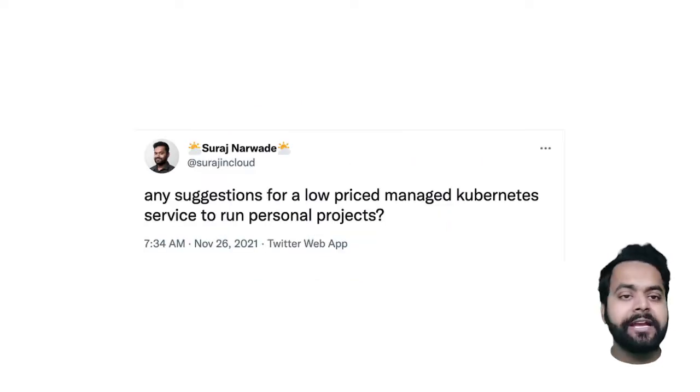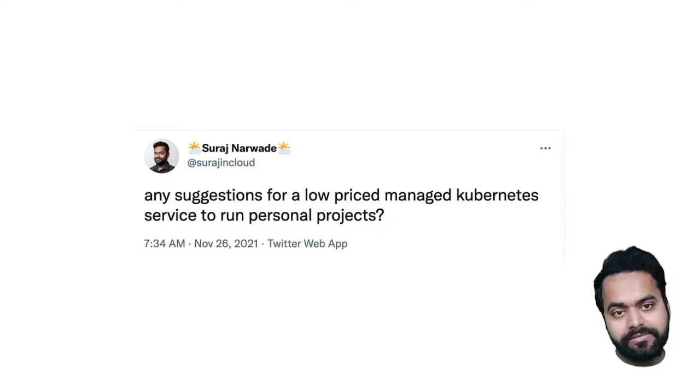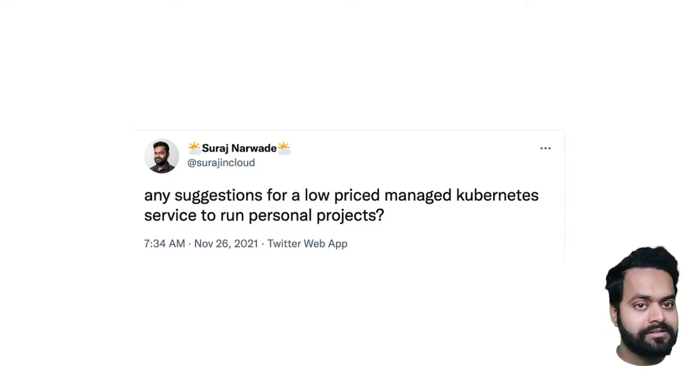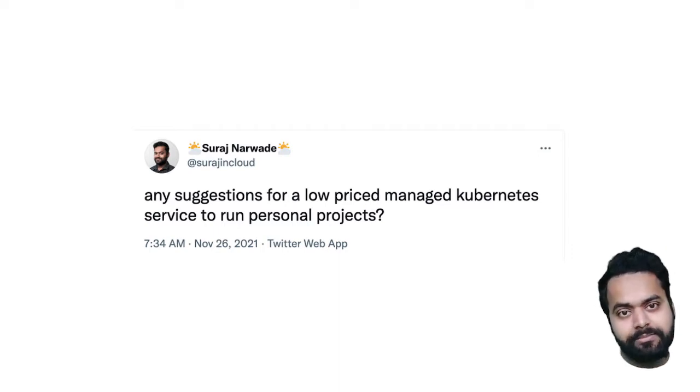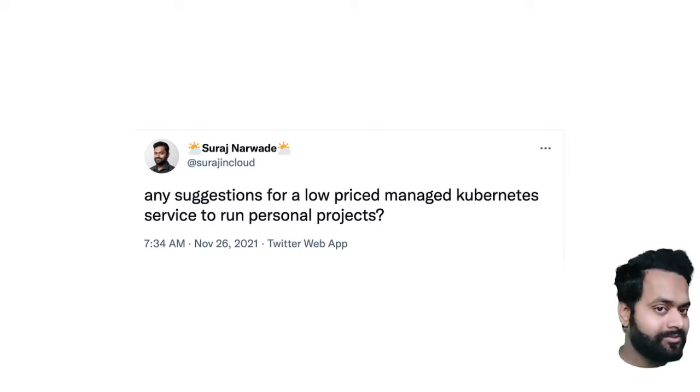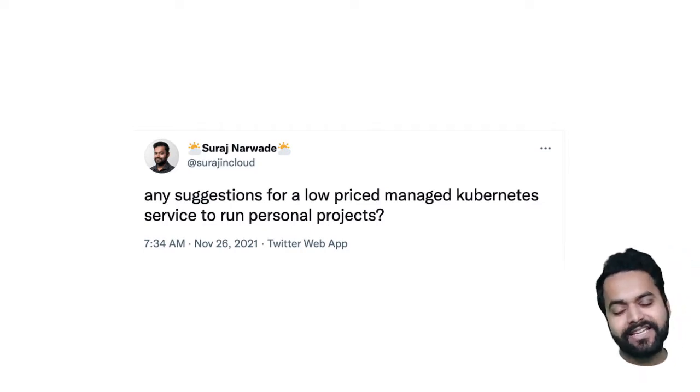The idea for this came back to my mind a few days ago when I tweeted, does anyone know the low cost managed Kubernetes provider? Because I wanted to deploy some of my personal hobby projects onto a cluster, but I don't want to take care of the Kubernetes cluster.